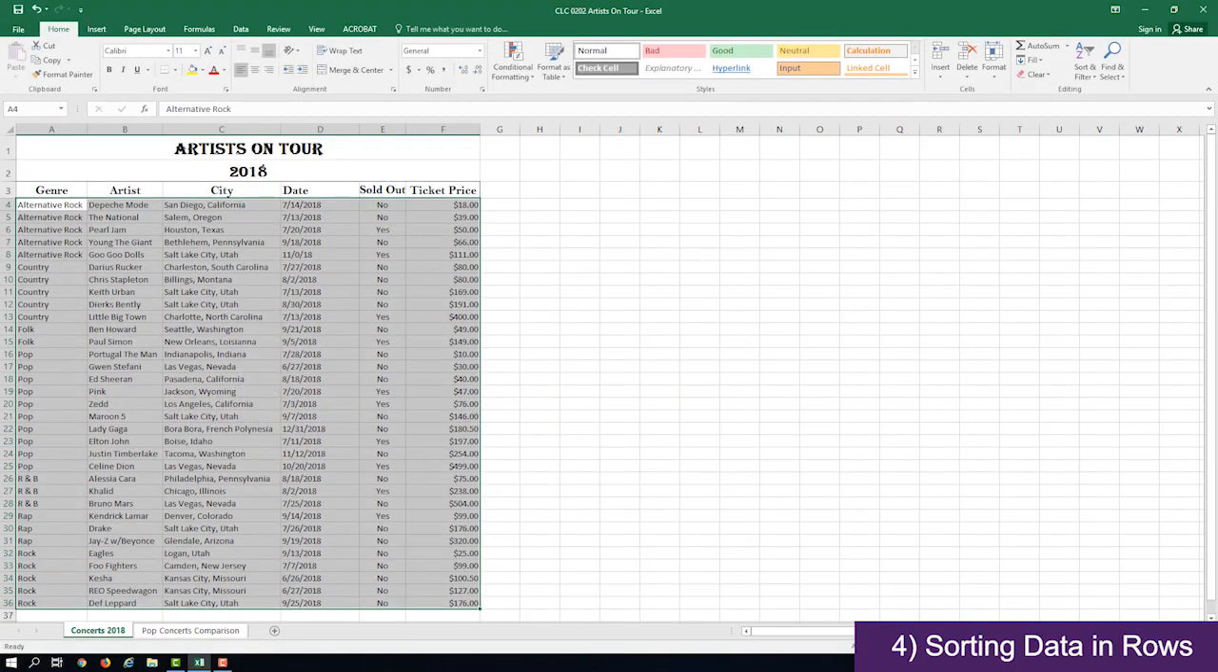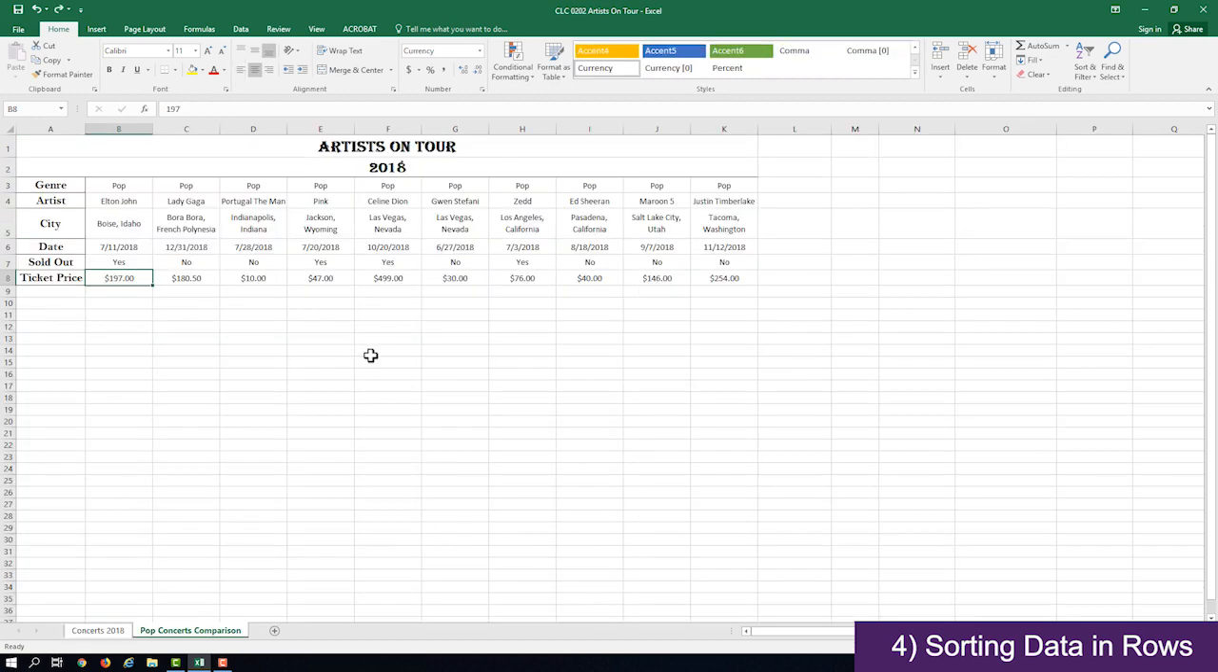So far, we've only looked at how to sort our data in columns, but it is possible to perform a custom sort on rows too. Navigate to the Pop Concerts Comparison sheet. Let's say we wanted to arrange these concerts by date so we can see how soon each is happening relative